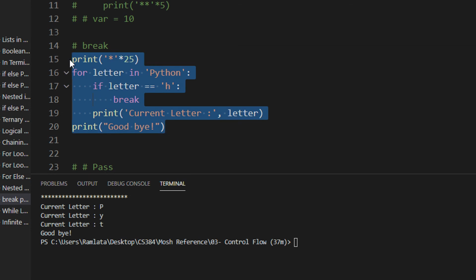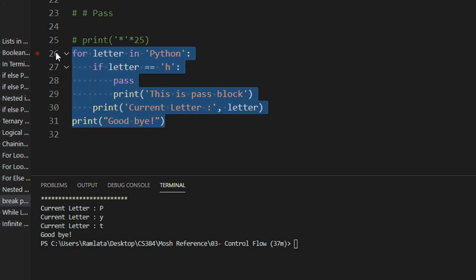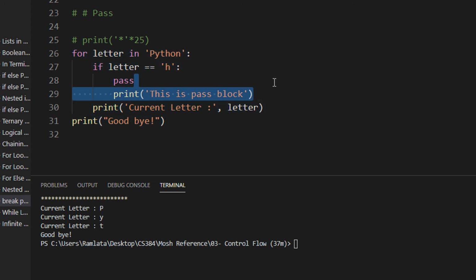So Python has an interesting thing called pass also. So what is pass? You remember when you used to participate in GK questions and everything. For a given question, if you don't know the answer, you just say pass. That means you are not quitting the show, but you just don't know the answer for now.